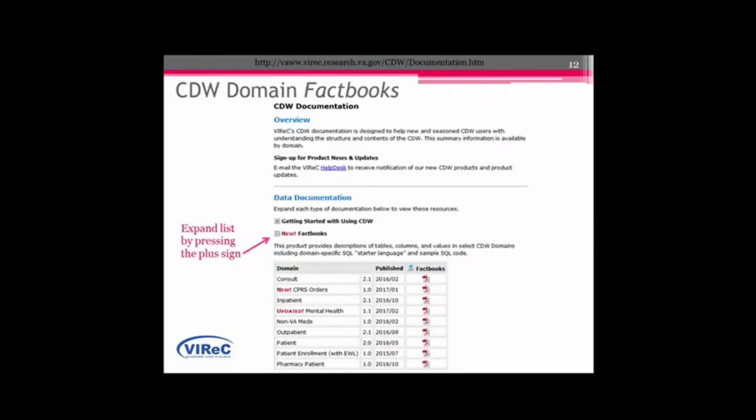So in order to see the current list of factbooks, just press the plus sign to the left of the word factbook, and you'll see down below the available factbooks for the selected domain, so the console domain, the CTRS order domain, and so forth. So I'll bring you through examples from a variety of these just to illustrate the kind of content you'll find